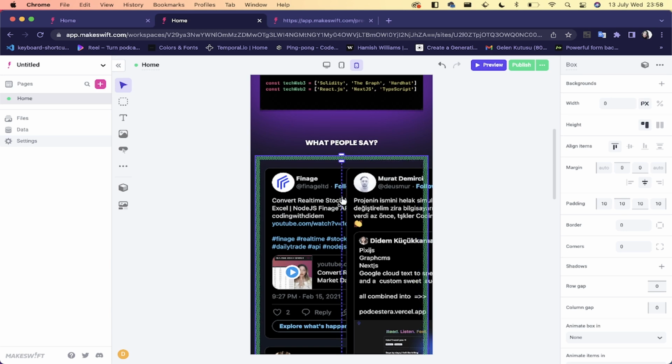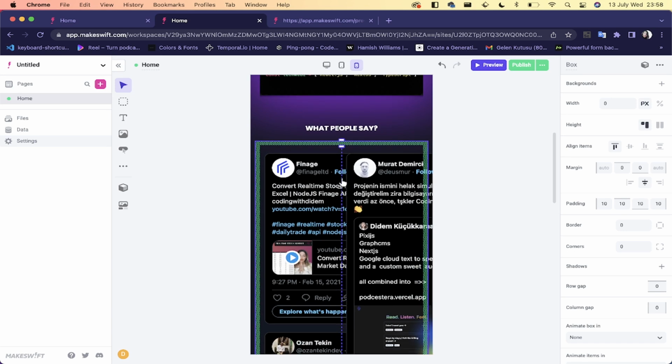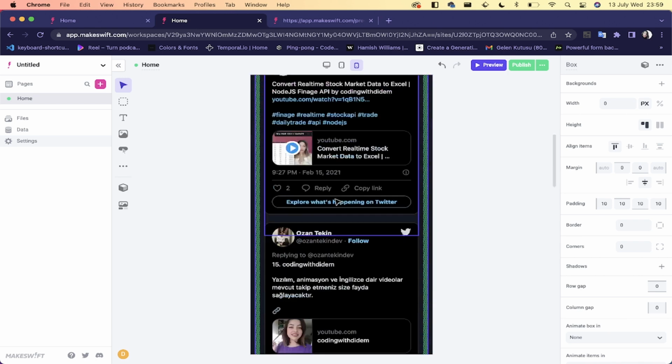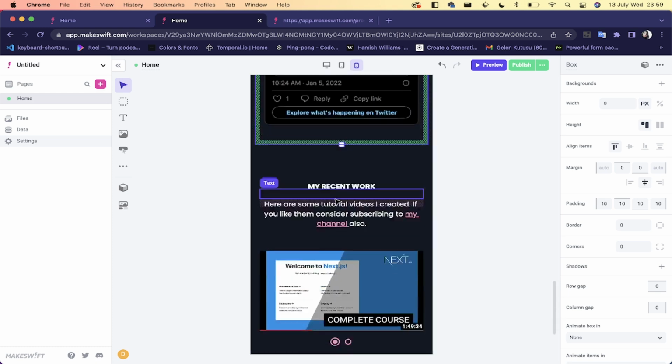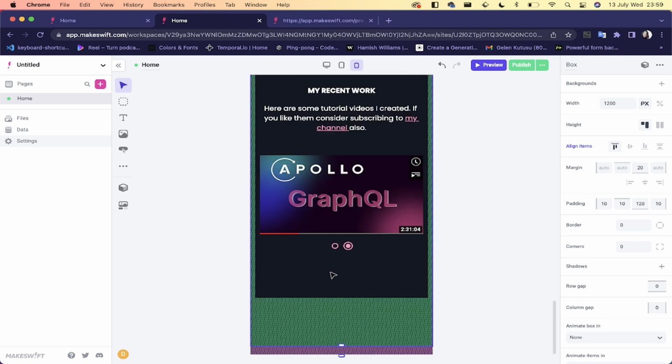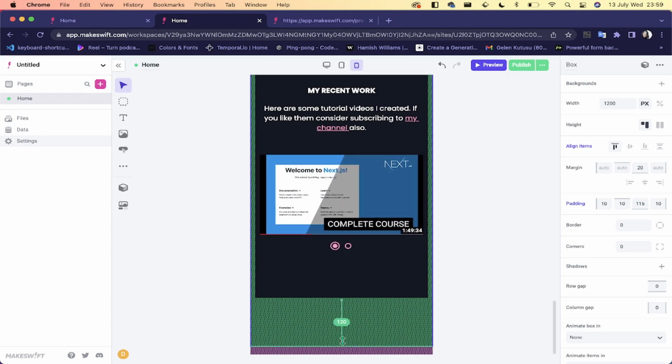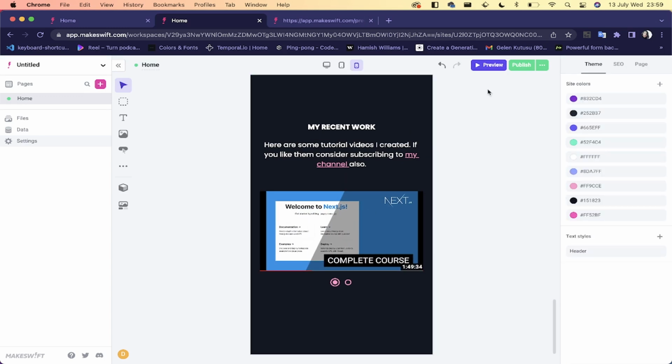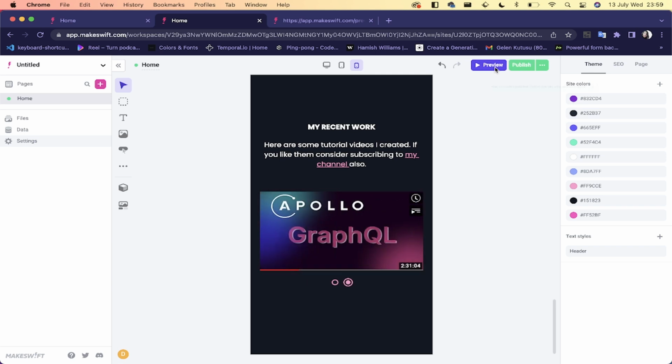Okay, what we can do here is, if you come here between these two sections, there is an arrow thing, and if you click it, it's gonna make it in one column only, and this is what we want, right? So we're gonna make it like this, publish it, and preview it one more time. Let's say view live,